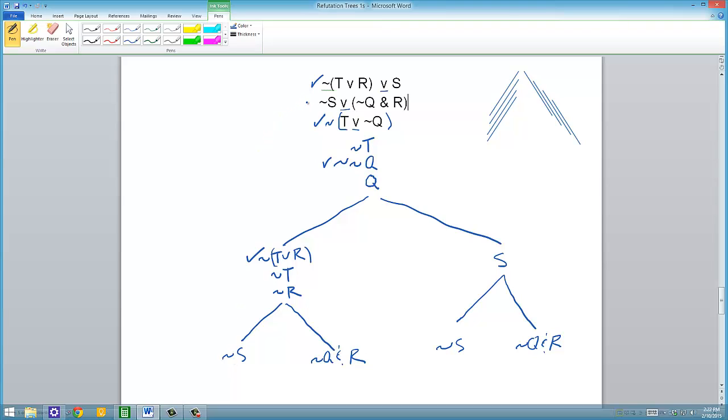What did we not do? We didn't dispatch because I started jabbering. So not S. Does that contradict anything? Is there any contradiction here that we missed? Not T, Q, not T, not R, S. No contradiction, right? No contradiction means this is open,